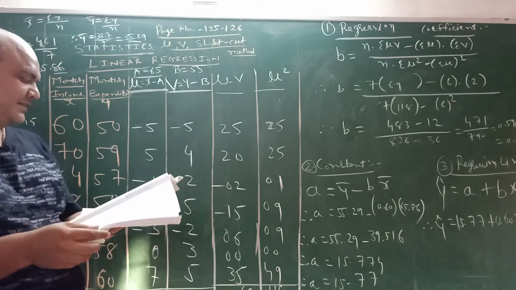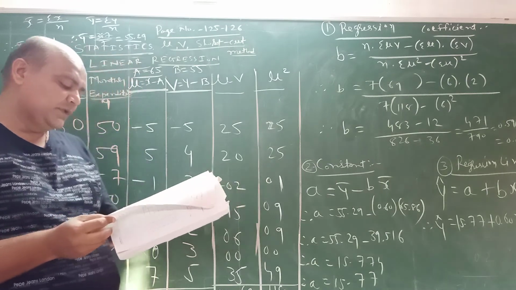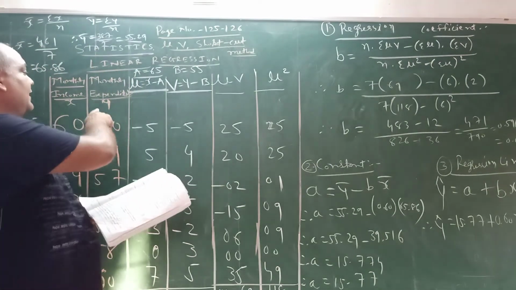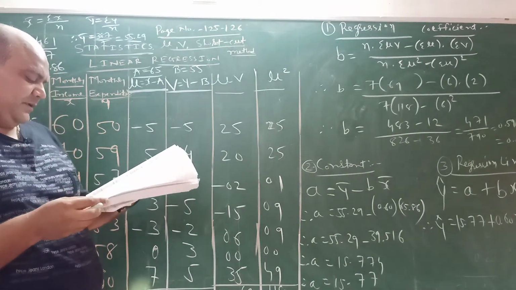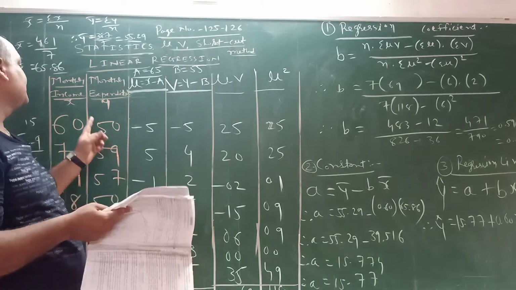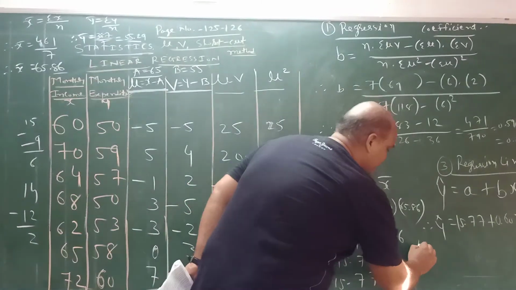Now we have to see whether there is forecasting or not. In the question they ask: obtain the regression line of monthly expenditure on monthly income, y on x. If a person of the group has a monthly income of 75,000, estimate the monthly expenditure. Income is provided as 75, so the forecasting step is also there.